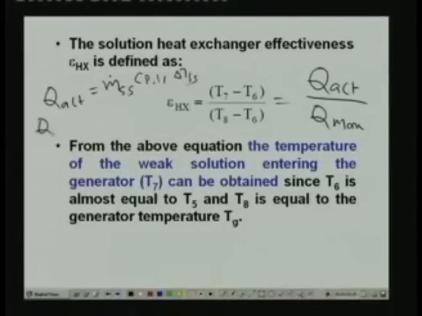Q maximum is m dot Cp of strong solution into delta T max, which is what we have written here. Delta T max is T8 minus T6, and T7 minus